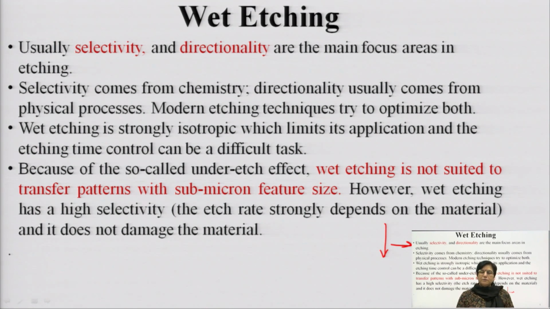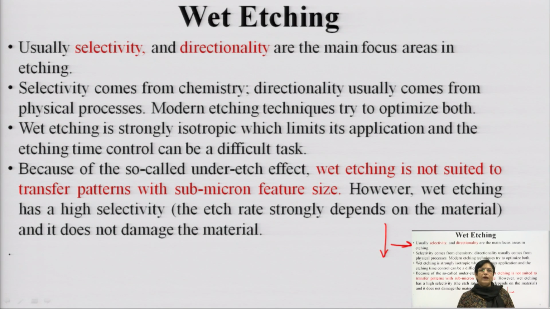Similarly, because of this unevenness in the etching rate in the vertical as well as horizontal direction, you may have something known as under etch or over etch, and this etching is not suited when miniaturization is happening, or device dimensions are reducing below the micrometer range, or you are approaching the nanoscale era. Therefore, we need to go for new techniques.